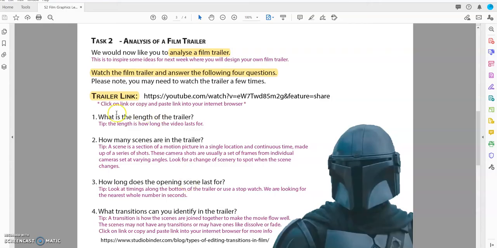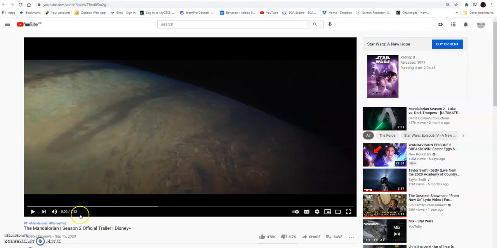First of all, what is the length of the trailer? The tip underneath in purple says the length is how long the video lasts for. So I'm going to come back to YouTube, and I can see the whole length of the trailer lasts for